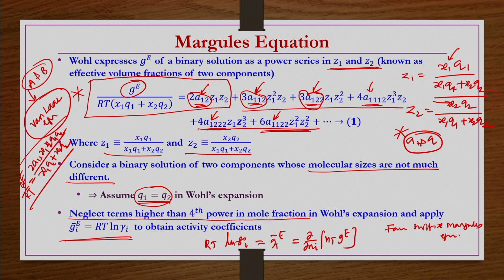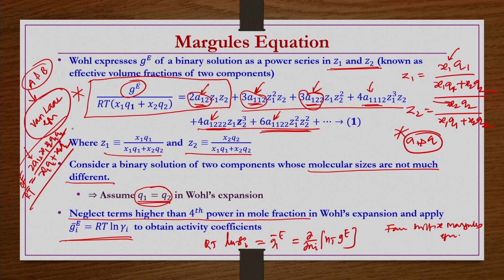Here you see a12, q1, q2 as three parameters, but when you derived the activity coefficient you got only two parameters, a and b, because we took the ratio of q1 and q2 rather than individual values. In general, the ratio of molecular sizes, the molar volumes of these components, is much more important than the individual sizes. So this was the Van Laar equation we saw in the previous lecture, and we also derived the corresponding ln gamma 1 and ln gamma 2 and saw some examples.